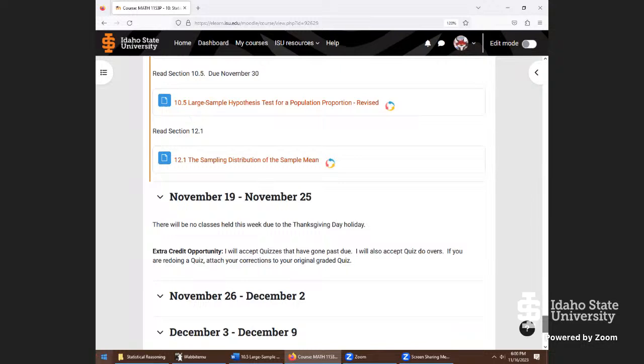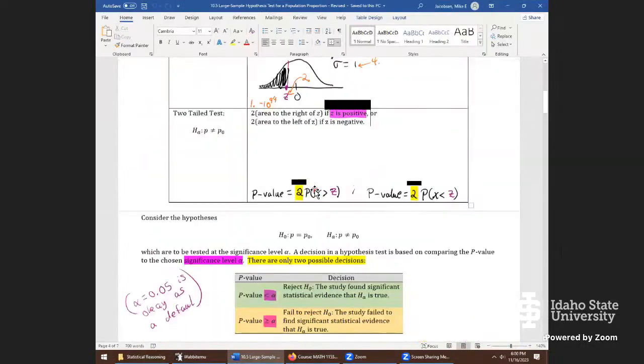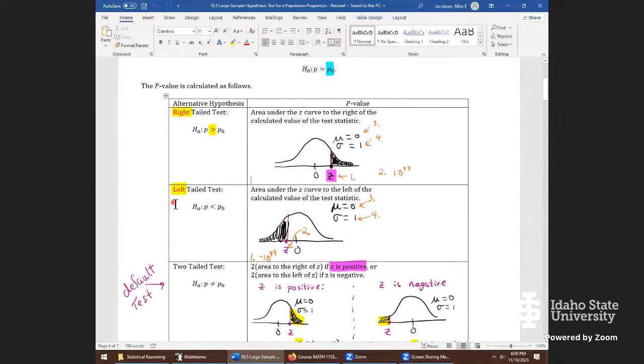If we have a left tail test, if that chalkboard is not too readable, let's scroll up right over here. If we're dealing with a left tail test, then we just take our test statistic z, whatever it comes out as, it could be positive or negative, and just find the area to the left. So we're really just doing a section 6.5 type of problem whenever we're coming up with the p-value. But we have to come up with this right here in the alternative hypothesis if we're really doing a left tail test. Likewise, on a right tail test, we take the area to the right of the test statistic z,